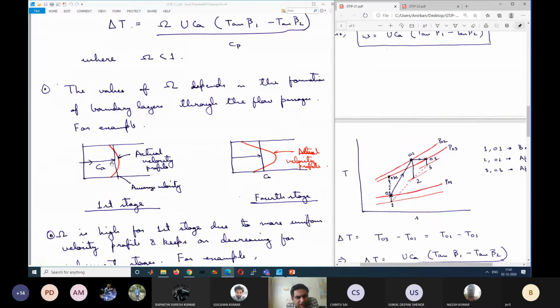For the first stage it is almost equal to Ca, the velocity at the tip and the root and the mean, everywhere it is equal to Ca. But if you go to the second stage, it is slightly more different from Ca. For the third stage, it is slightly more different. Ultimately, it reaches a more fully developed profile like this, somewhat like this actual velocity profile. I have shown here the fourth stage, but it will be similar for the subsequent stages also. It won't change much after the fourth or fifth stages.